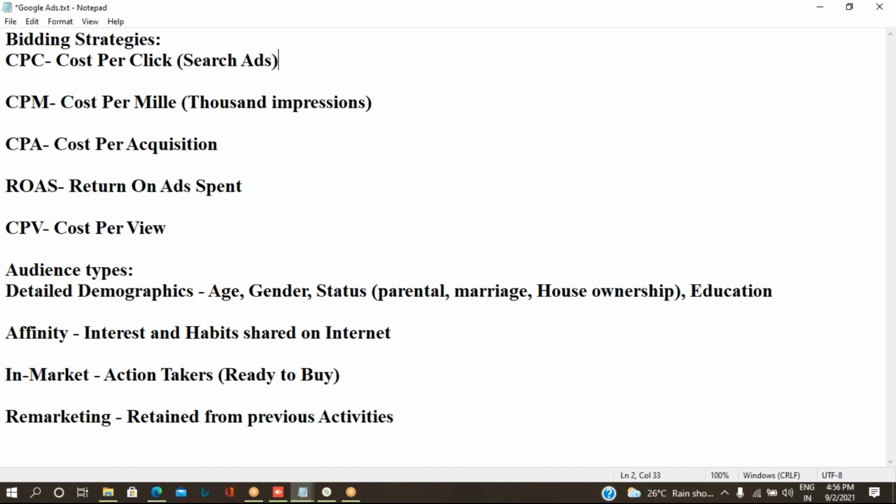The next one is CPA. Yeah, definitely I'll share it on the group. CPA is cost per acquisition. Cost per acquisition means, see, only by showing the advertisement I'm not happy, and only by clicking on that link, which opens the advertisement, I'll not be ready to pay the money to Google. But once they buy the product, once the conversion happens, then only I'm ready